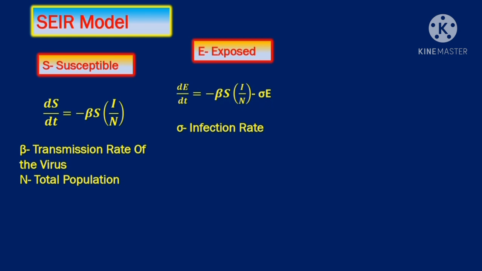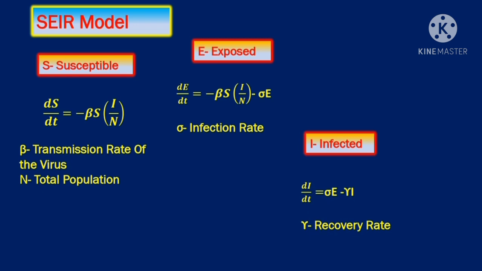Now, some of these exposed people will actually get infected with the virus, and that stands for I. So here is the differential equation that shows you dI by dt, and sigma is the recovery rate. Now, last but not the least, you have R, that is removed, that is those infected people who either died or got completely recovered, and this is the differential equation for dR by dt. So friends, this only underlines how invaluable this data is for all those people who are currently fighting with the pandemic. So differential equations undoubtedly is very valuable for population models.